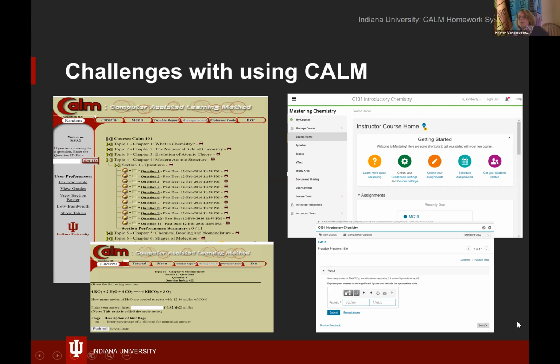Well, I'm going to just pipe in. I don't use Mastering Chemistry myself, but it's a commercial product and it's got a really slick user interface, right? It's really pretty, really streamlined, really easy to use. Calm is a little more basic, but that's okay. I'm not complaining. Honestly, this is